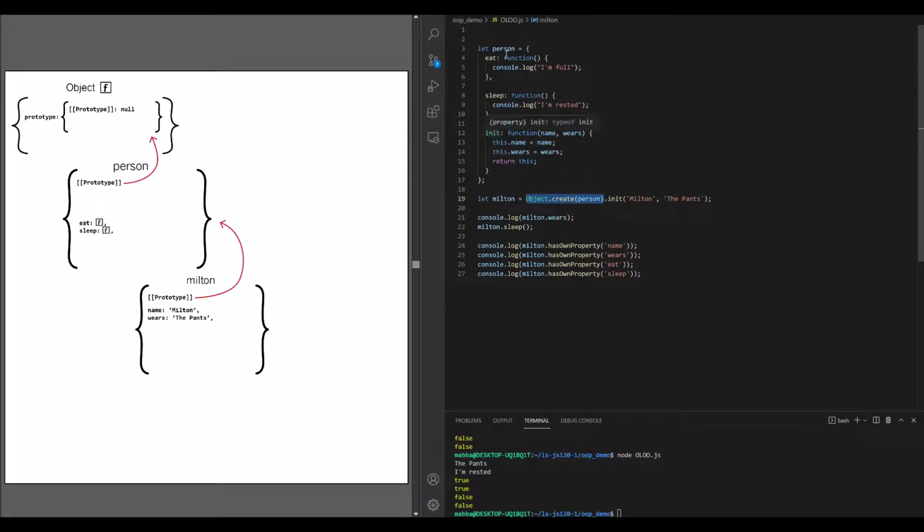Well, at that point, init is a method on that object that was returned, so we can call that method, which we do, and that object being called is the execution context for this. So that object then has the name it's assigned, the wheres it's assigned, and then it returns that same object